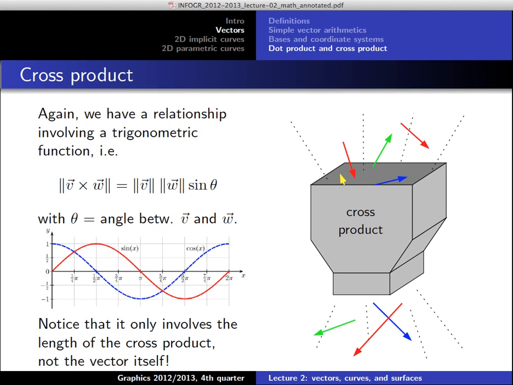But before that, let's also quickly note that there is also a trigonometric relation for the cross product, which is that the length of the cross product is the same as the product of the lengths of the individual vectors times the sine of the angle theta between the vectors. But be careful here. Here we have the length of the cross product, because we are dealing with scalar values here. So this is not, like in the scalar product case, an alternative definition of it. This is really just a characteristic of the cross product, and a characteristic that will come in quite handy,